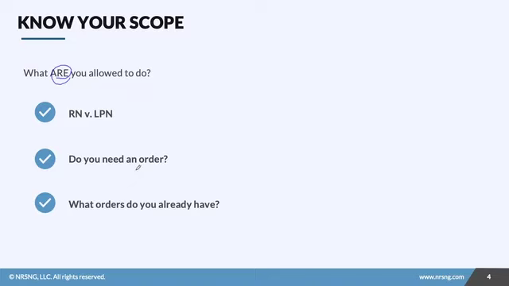All right. Now, what orders do you already have? A lot of providers will write standing orders. If this, then that. If this, then that. Know these orders ahead of time. Know the policies and procedures at your hospital. A lot of hospitals will have care maps for different disease processes. If those are already in place, can you work with those? Rather than spending and wasting time trying to find orders and get orders made, do they already exist? Are they already in your chart? And can you already start doing things without having to call and get new orders?